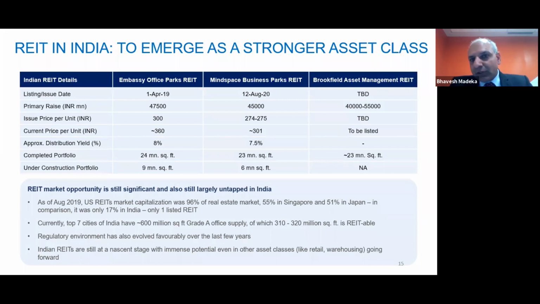The next one, which is going to come, and it is already announced in the newspapers, is Brookfield, which is also going to be a large one, from either 40 to 55 billion rupees. And there is news in the market that they're acquiring a portfolio of another 12,500 crores from a developer in Bangalore. So all this leads to the fact that the REIT market in India is there to grow post-COVID,